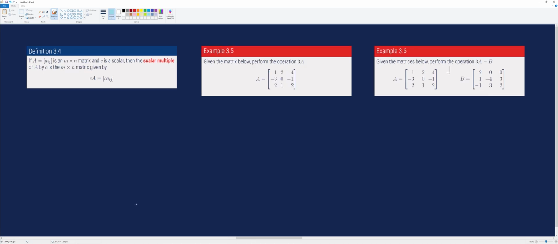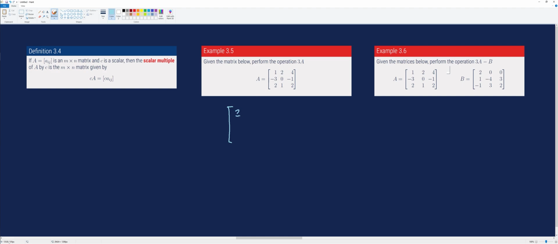Next is scalar multiplication. We define scalar multiplication as follows: given a matrix A, which is an m by n matrix, and a scalar C, the scalar multiple of A by C, denoted by CA, is the m by n matrix generated by multiplying all the elements of the matrix A by the scalar C. For instance, consider example 3.5. Given the matrix below, perform the operation 3 times A. To do this, all we need to do is to multiply every element of matrix A by 3, which gives us